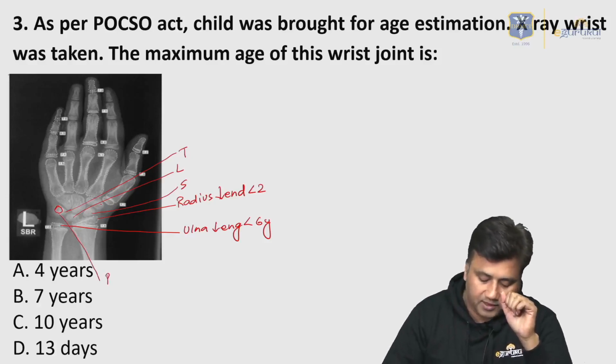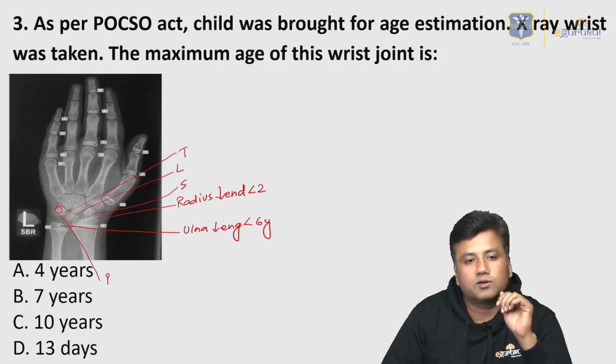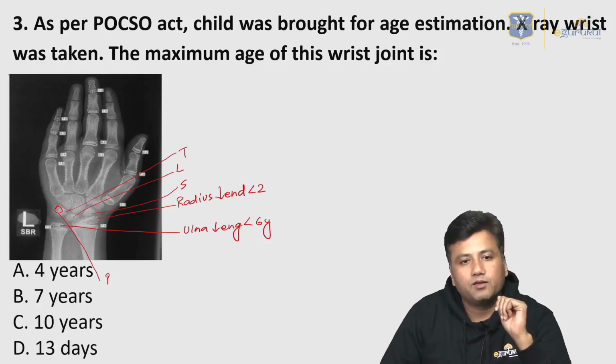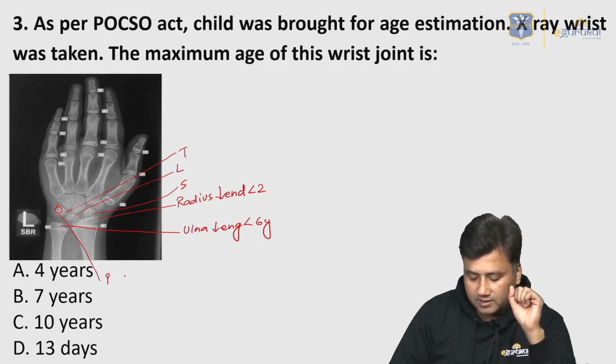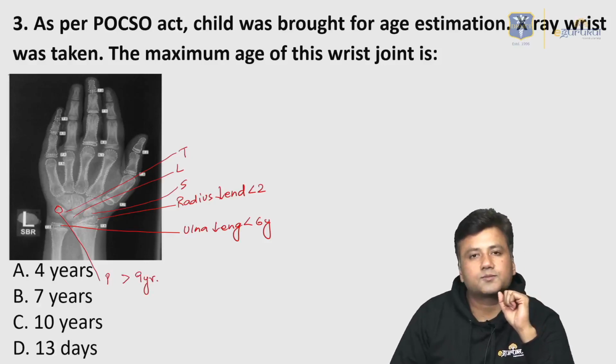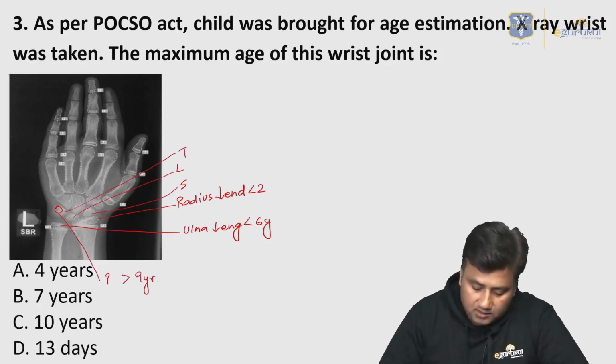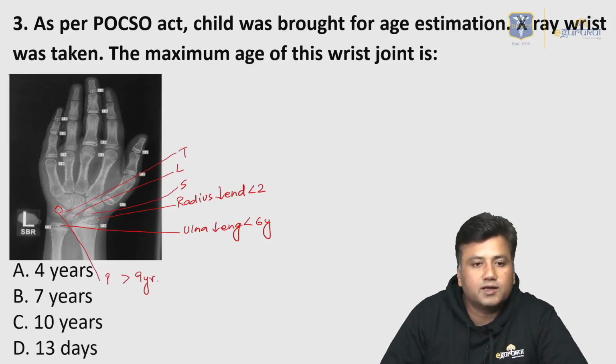Then we can see the 4 other carpals also in the second line. Fine, which means because pisiform is seen, the person has to be greater than 9 years. And if you see the base of the first metacarpal here,